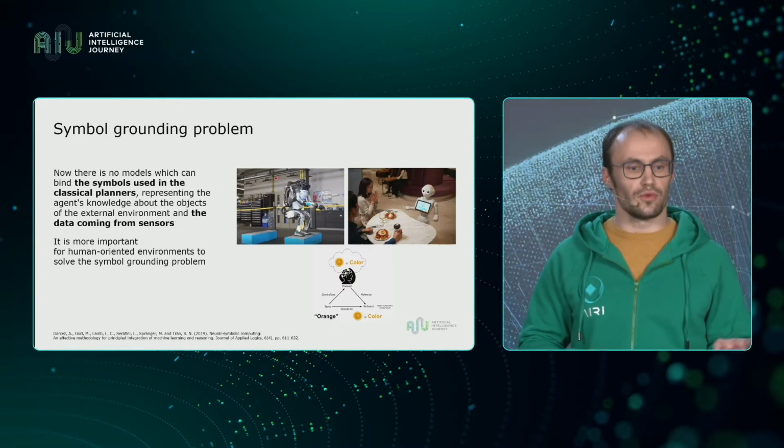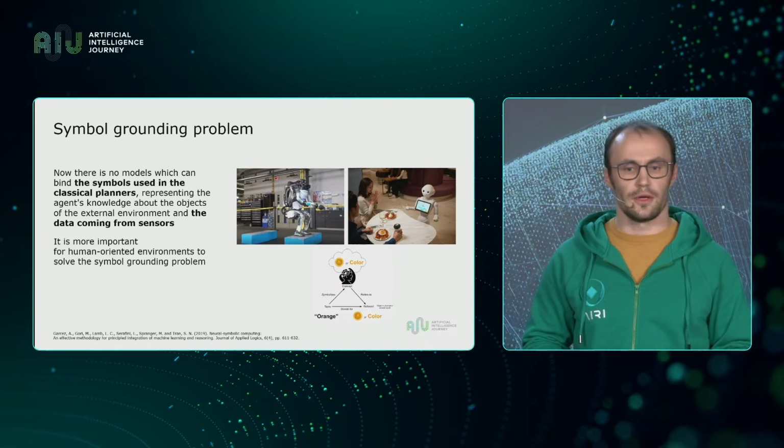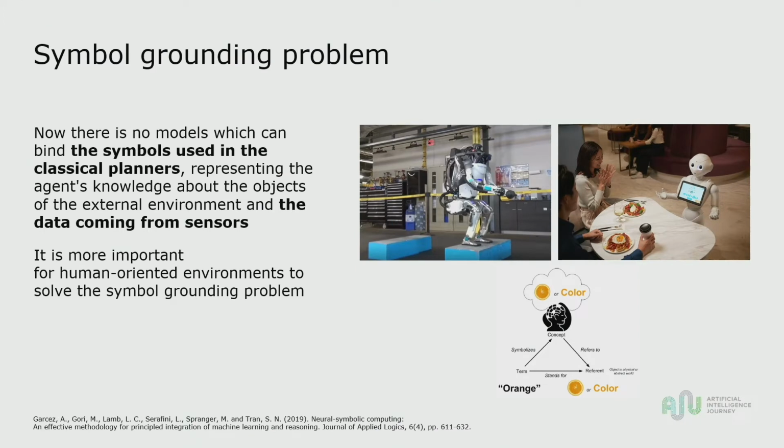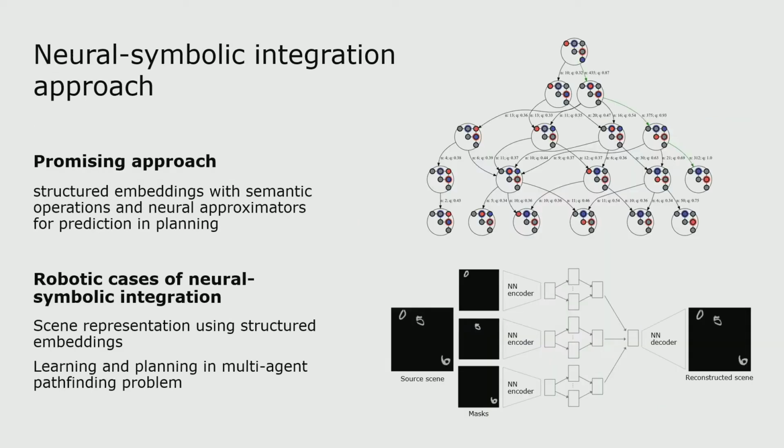This task comes from a well-known AI problem of symbol grounding. There is a picture in the bottom. When we use a concept, and this concept can be described with an image, on the other hand, it is a symbol. This concept has certain properties that we can use in planning. Combining this percept with a symbol is a very non-trivial task, and it hasn't been resolved in AI yet. This slide shows two examples of how these two worlds can be integrated with each other,